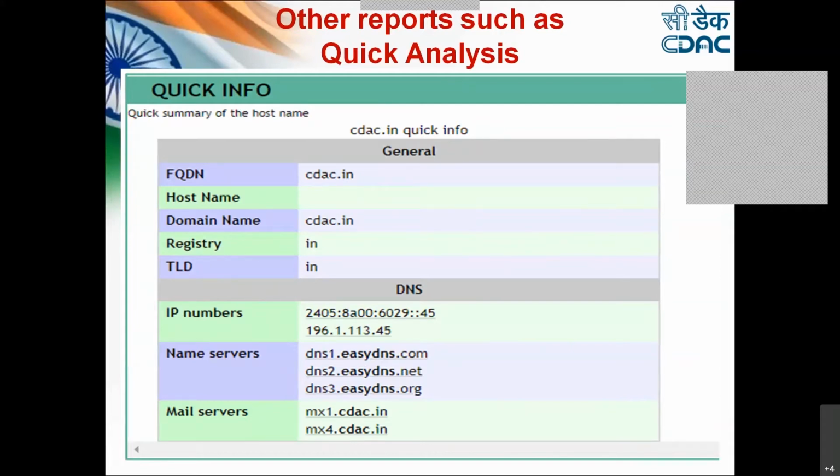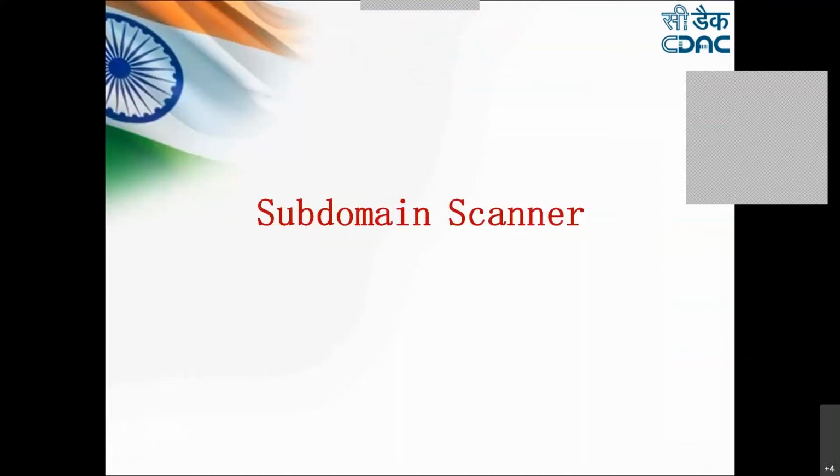So as I told, there are multiple subdomain scanners as well. Now these subdomain scanners are actually helping us to identify the subdomains which are being registered or which are being connected with the domain, right? Now sometimes it happens that the developer creates one subdomain for a particular facility, for providing some guidance or help to the user, or taking the information from the user.